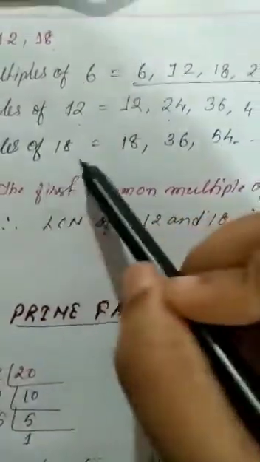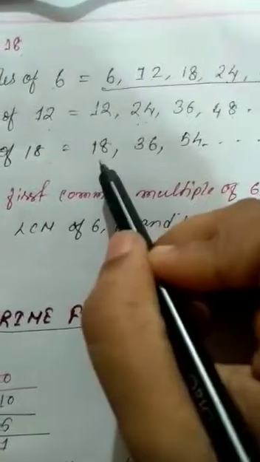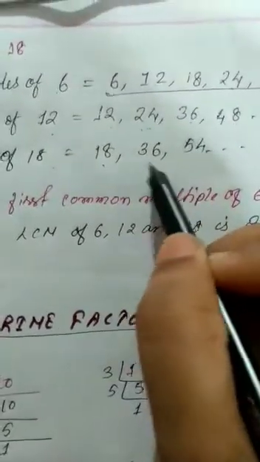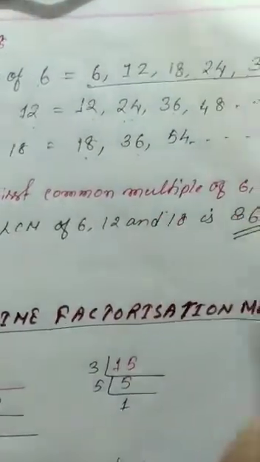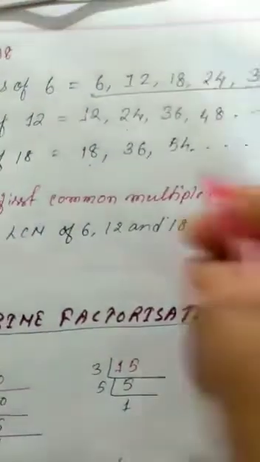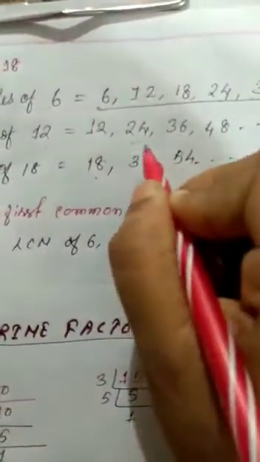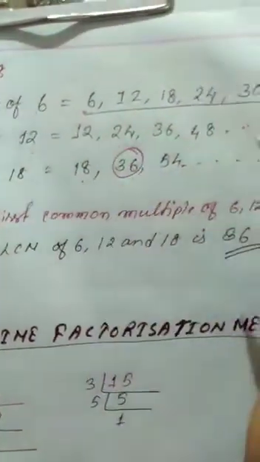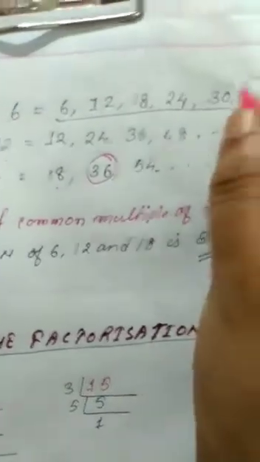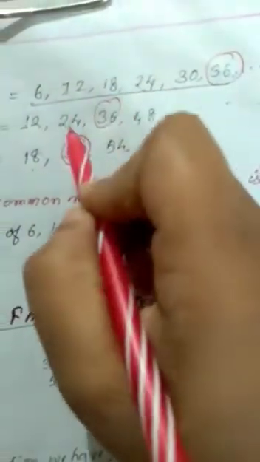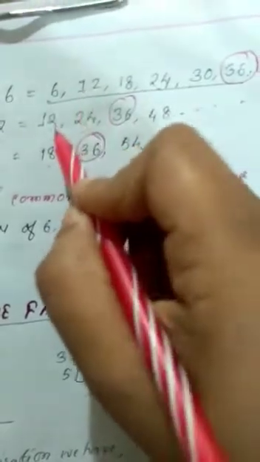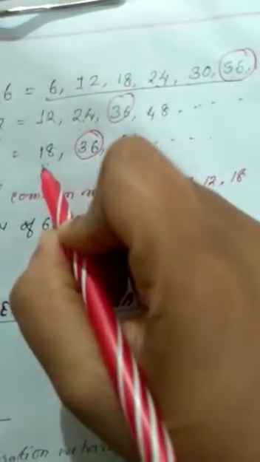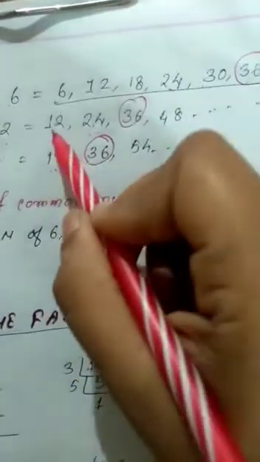The multiples of 18 are 18, then 18 times 2 is 36, 18 times 3 is 54. Now if you look among the three, the number which is coming first as a common multiple is 36. Here 24 is also there, and 12 also, but it is not there in this case. And 18 is here and it is a multiple of 18 also, but it is not